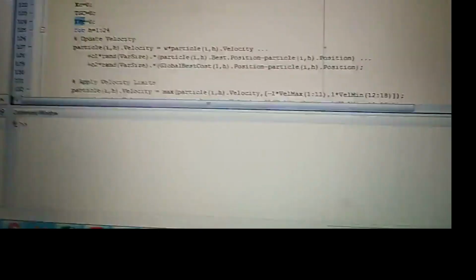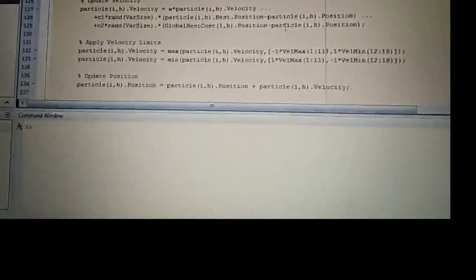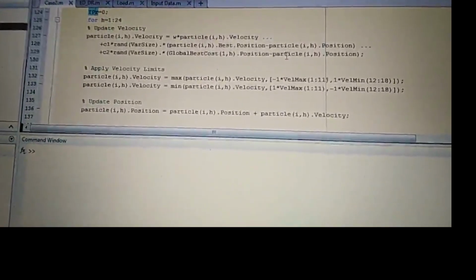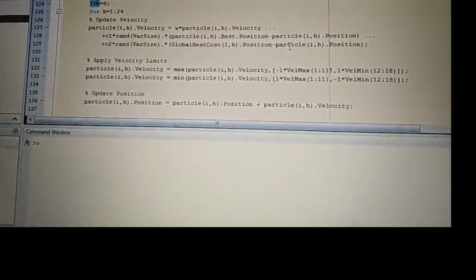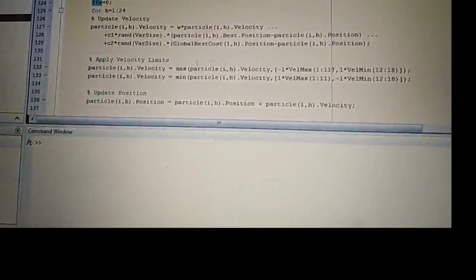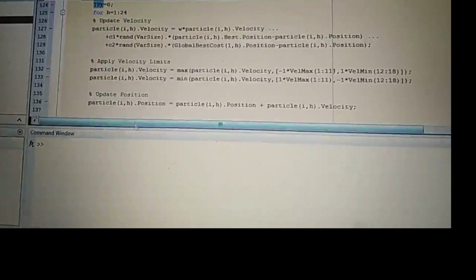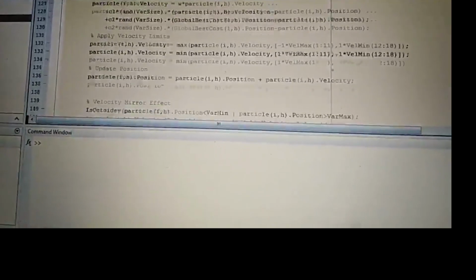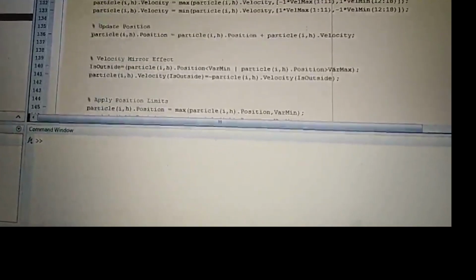This is the initialization for each cost, and after that we updated the velocity depending on the global best cost position, applied the velocity limit on the new velocities, and updated the new position as the old position plus the new velocity